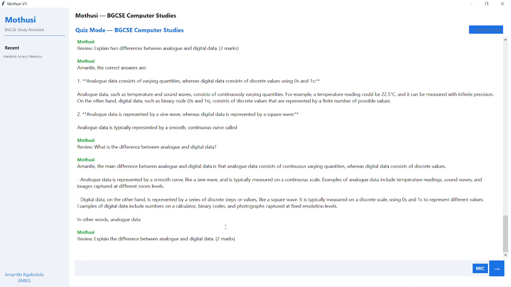On the other hand, digital data consists of discrete values that are represented by zeros and ones, using a binary number system. These values can only take on specific, exact values, and they are represented by a square wave, which is a series of distinct, flat lines. To put it in simple terms, analog data can change at any level, while digital data can only exist at very specific